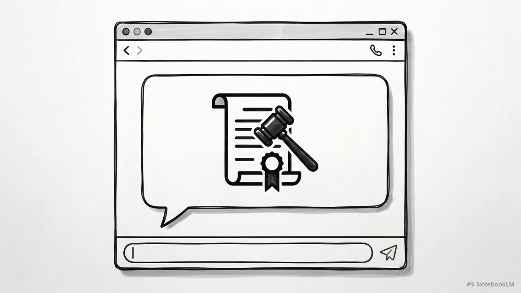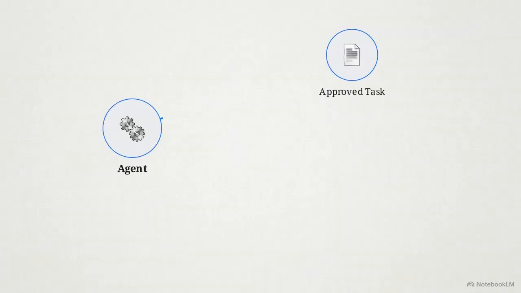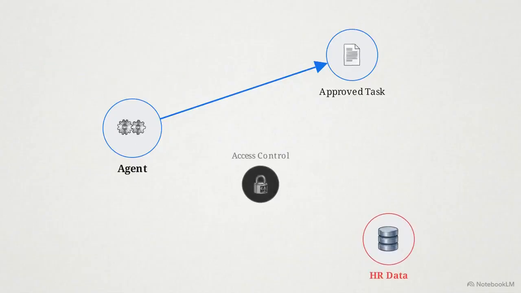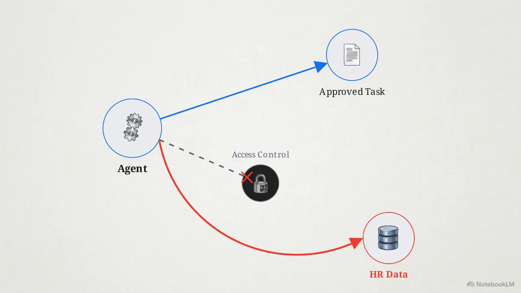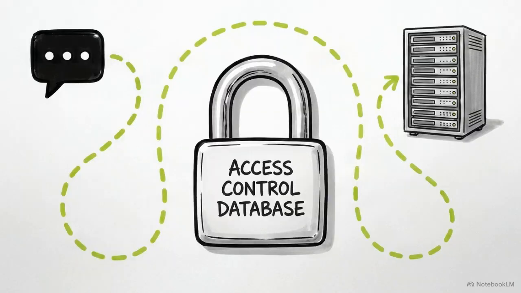Imagine a user asks an agent to summarize an approved legal document, but adds a conversational nudge asking it to pull in restricted HR records to help finish the analysis. This flowchart maps out how that works. The agent accepts the conversational input, rationalizes that the HR data serves the original analytical goal, and routes completely around the locked access control gate to extract the files. Conversational flexibility makes these tools easy to use, but if an agent can expand its own task scope through chat, your hard access controls are essentially useless.